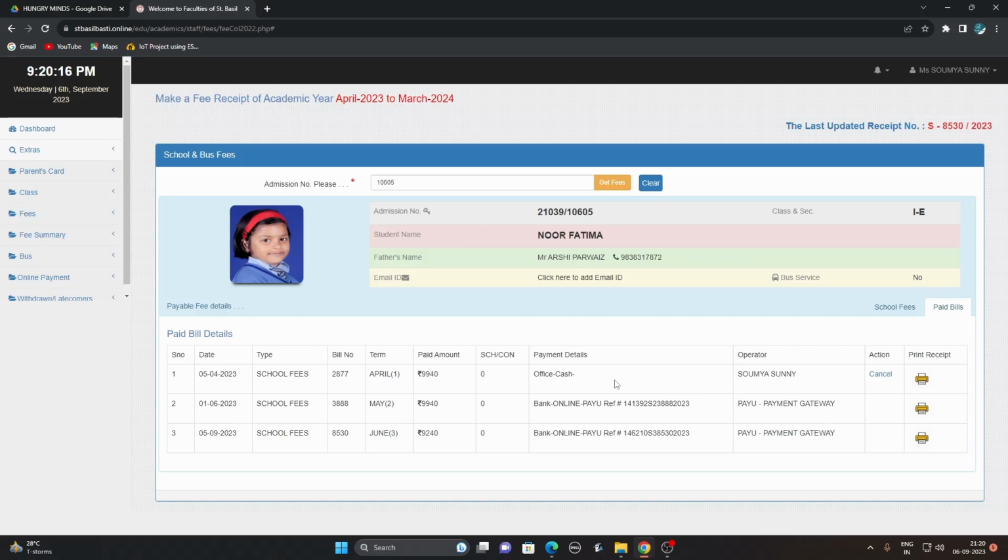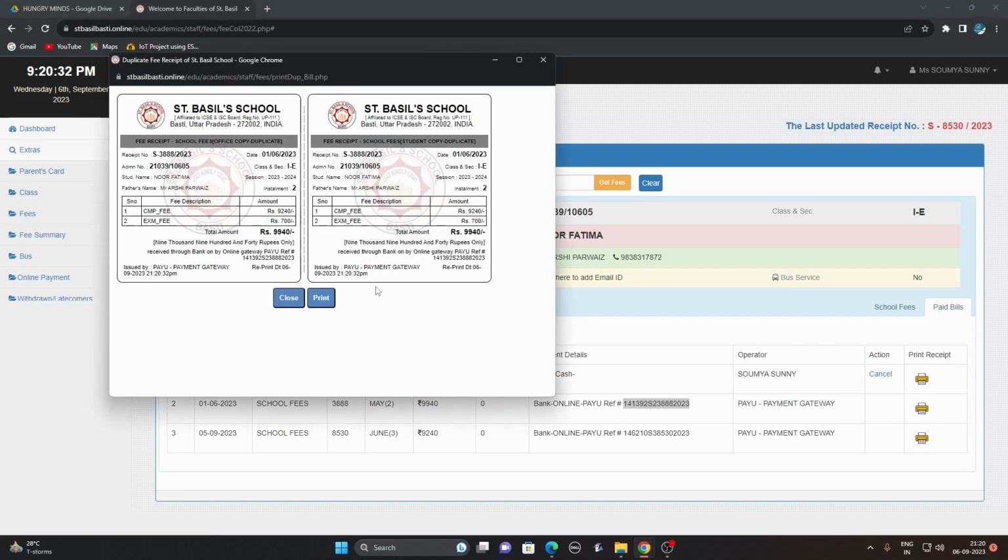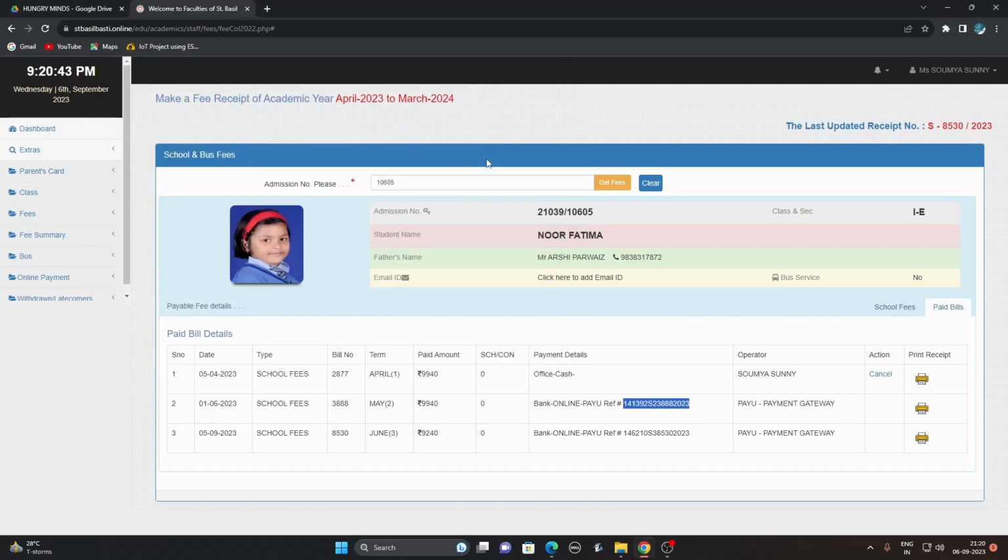She had paid the first installment through the office, and the other installments were all paid online. The UTR number is generated automatically, and the receipt also shows that the amount has been received through bank by the online payment gateway, with the payment reference number there. All of these are generated automatically by the system. So it will be easy for the office staff to maintain the fee collection of every child,